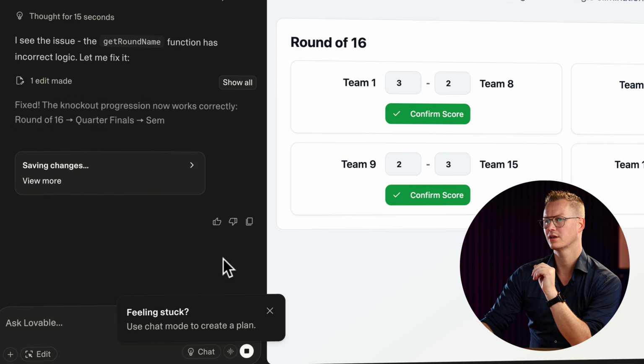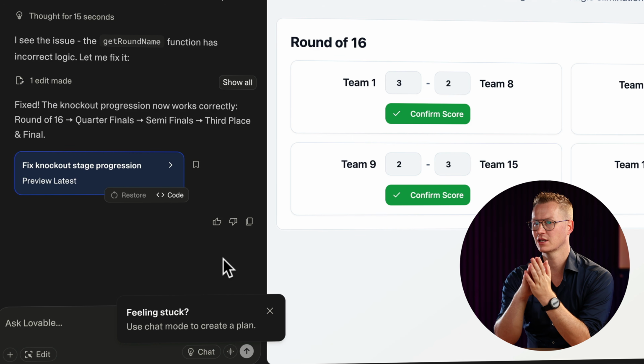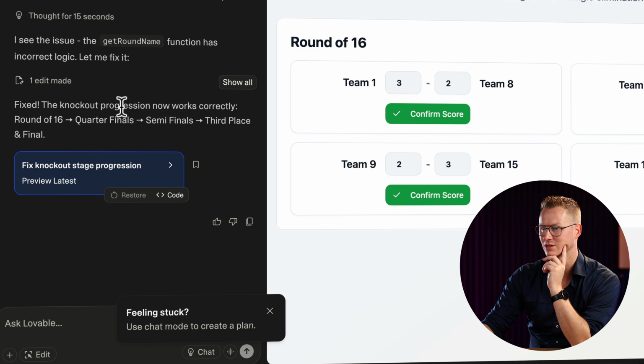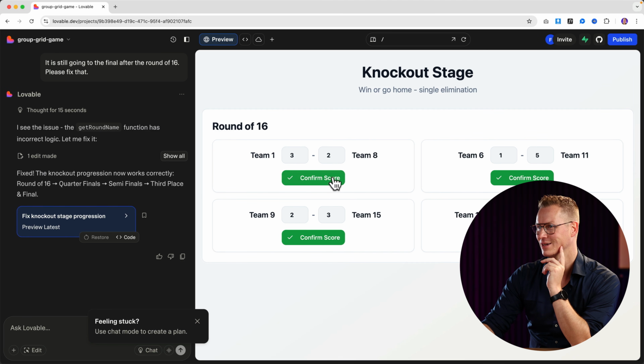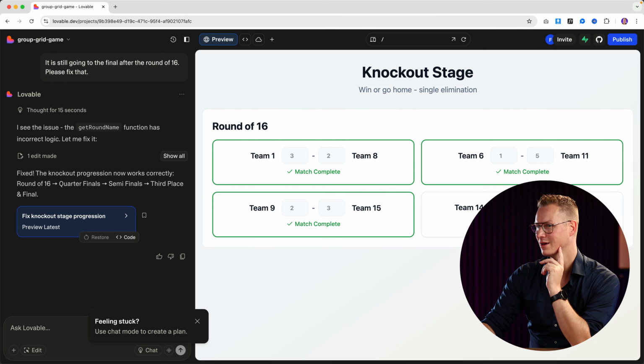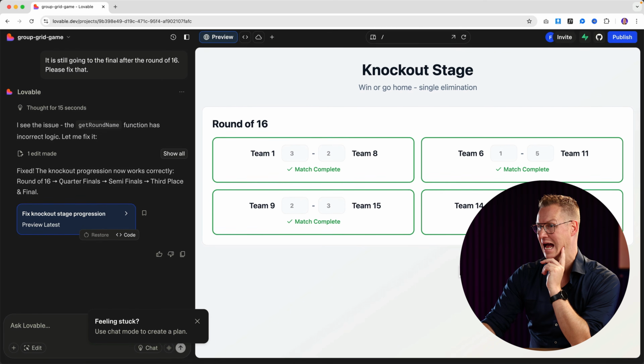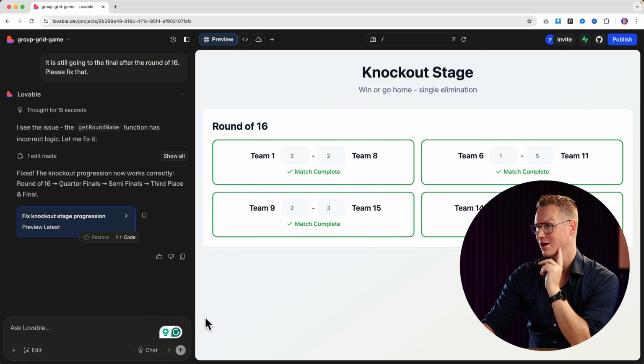I see the issue. The get round name function has incorrect logic. Let me fix it. Fix the knockout progress now works correctly. Round 16, quarterfinal, semifinal, 3rd place, and final. So again, confirm the score. Okay. Nothing happens. So what I will do,